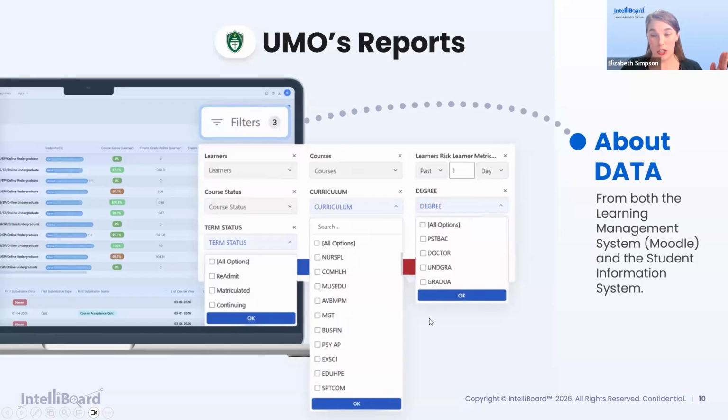We can just see here like the degree information. Moodle doesn't need to have that, right? Your LMS doesn't need to have that, but the people who are supporting the students absolutely need to have that. But that doesn't really live in the teaching and learning environment typically. Seeing the statuses of the students, other critical things like credit load, academic standing, things that don't really live in your LMS on its own.